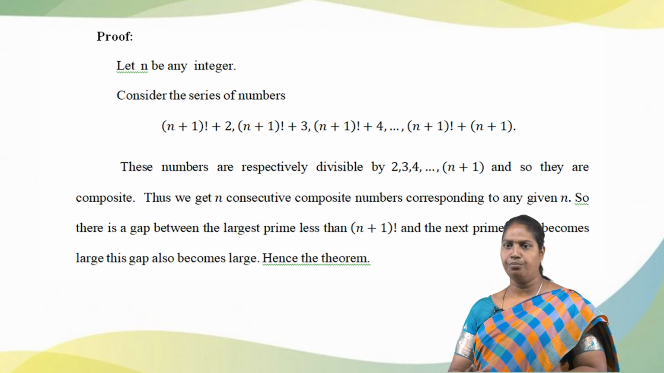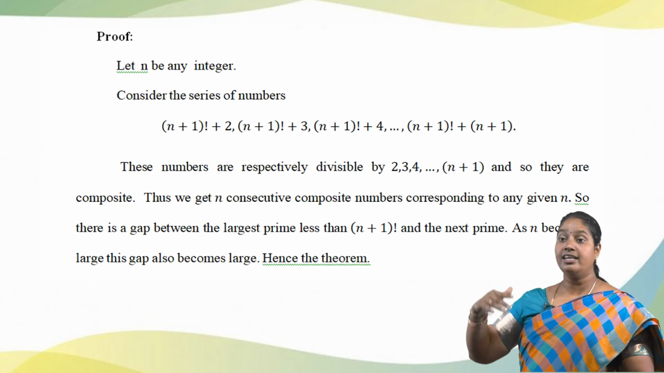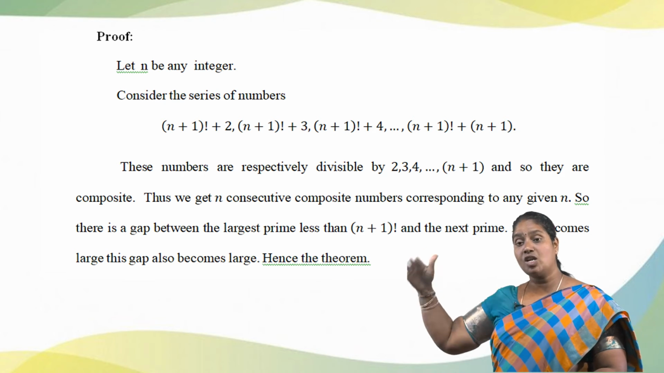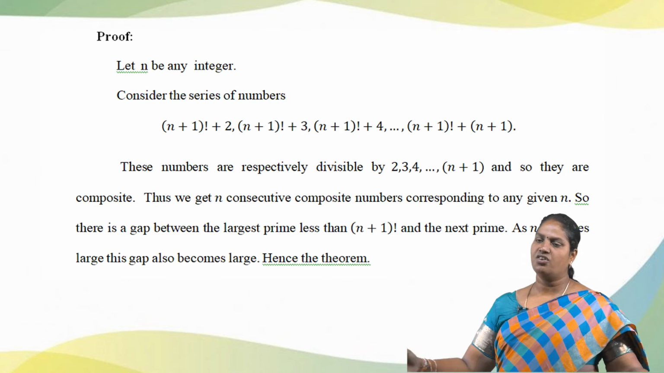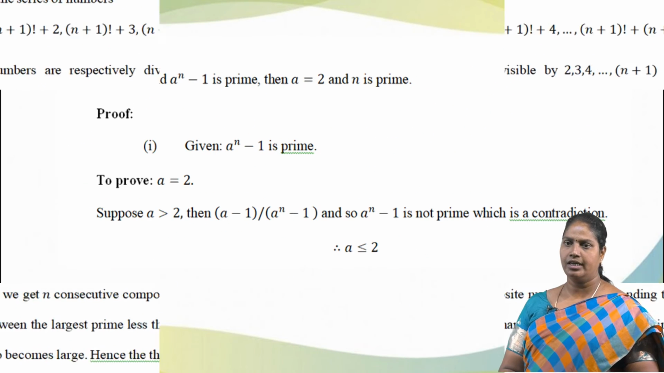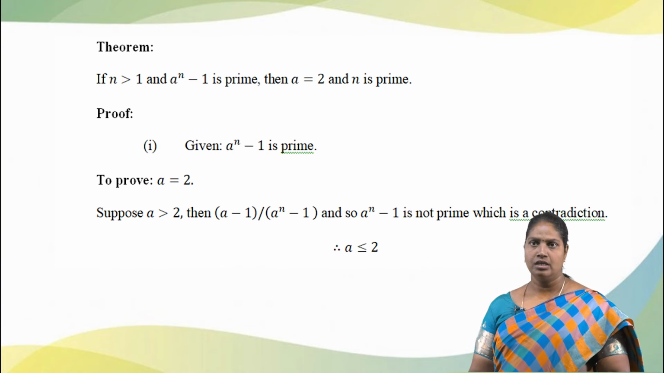So there is a gap between the largest prime less than (n plus 1) factorial and the next prime. As n becomes larger and larger, this gap also becomes large. So there is a big gap in the series of primes. Hence the theorem. Next theorem: if n is greater than 1 and a to the power n minus 1 is prime,